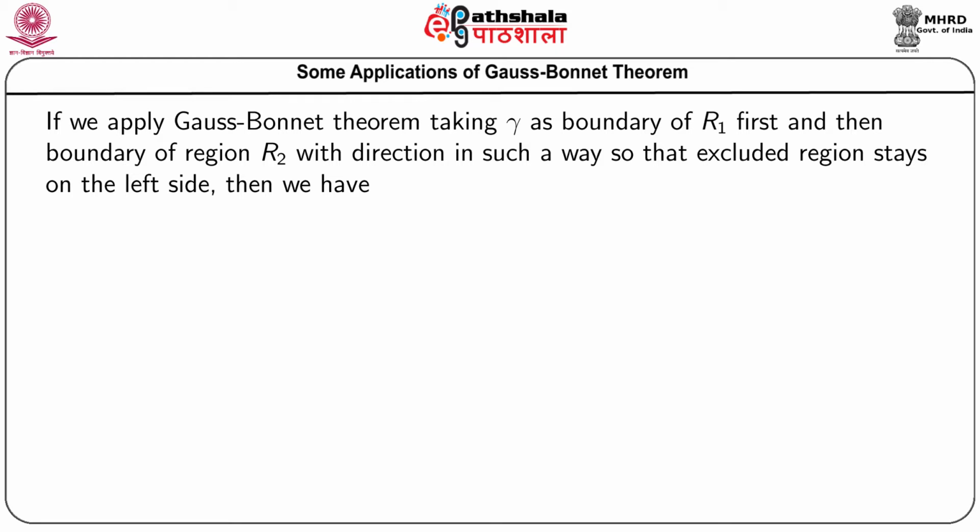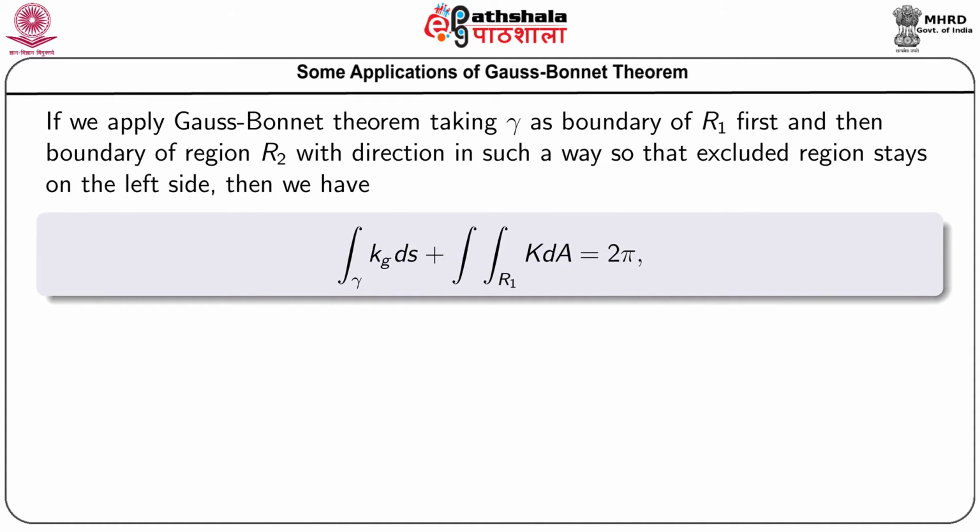Then we have the integral of kappa g ds plus the double integration over R1 of k dA equals 2 pi. So, this is the expression obtained from Gauss-Bonnet theorem, where kappa g ds